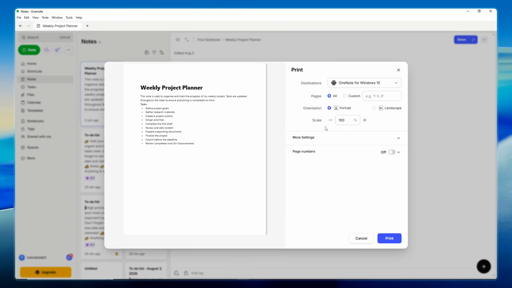Finally, once you've configured all your printing preferences, click the Print button located in the bottom right corner of the dialog window. Your note will now be sent to your selected printer and the printing process will begin. You've now successfully configured and printed your Evernote note with your